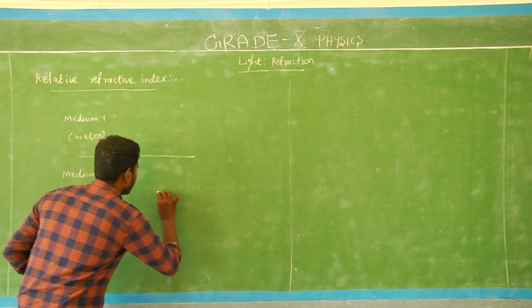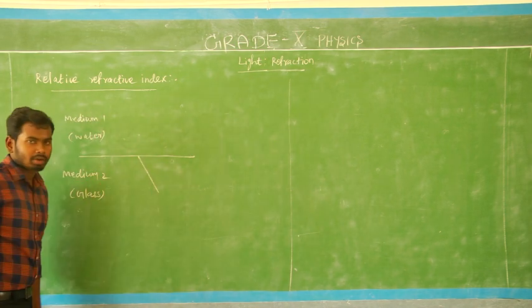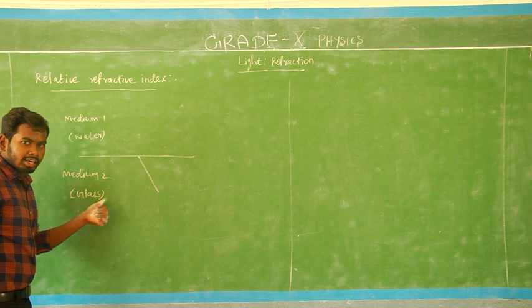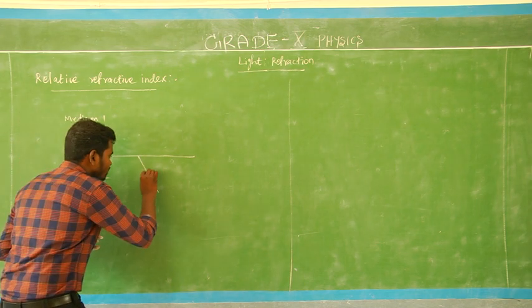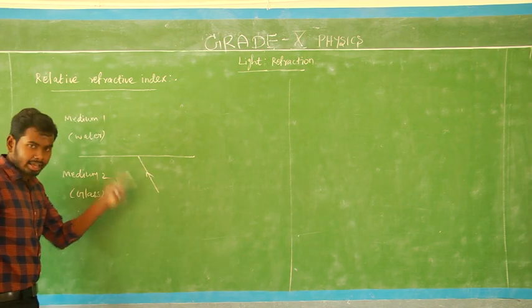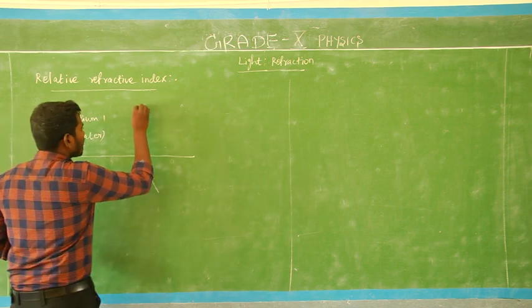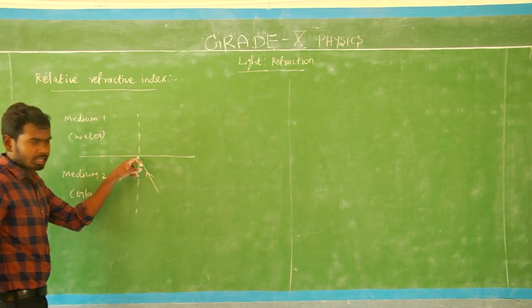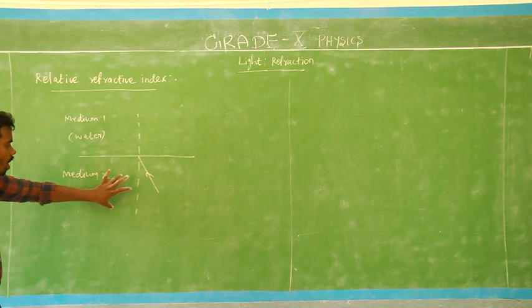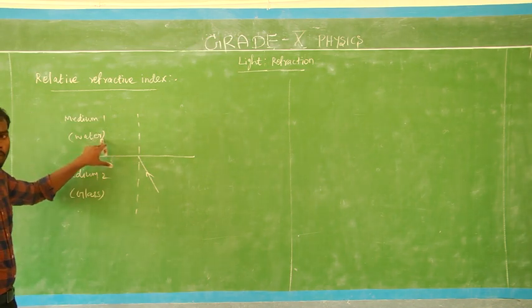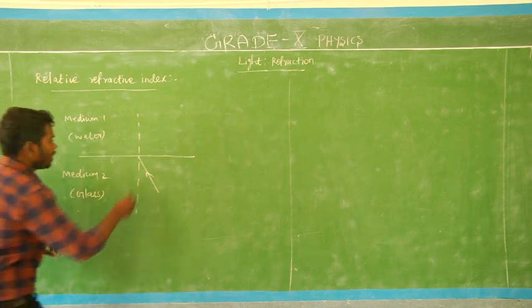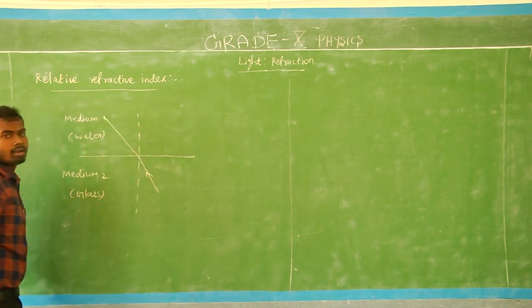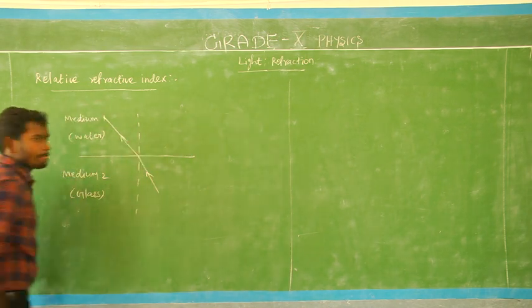Okay. So like this. The light wave is traveling from the optically denser medium, which means glass. So this is the incident ray. Okay. Draw a normal at this point. So when light goes from an optically denser medium to a rarer medium, what will happen? It moves away from the normal like this. Away from the normal. Yes.